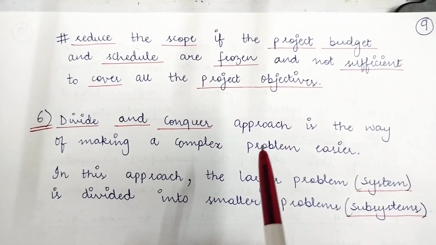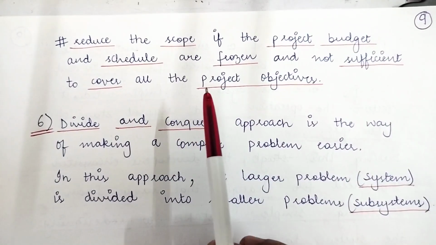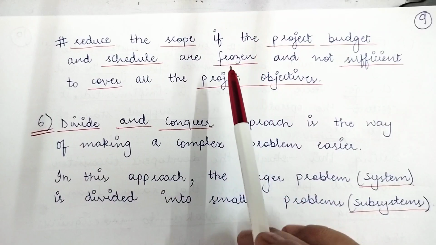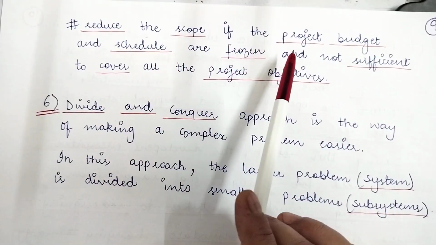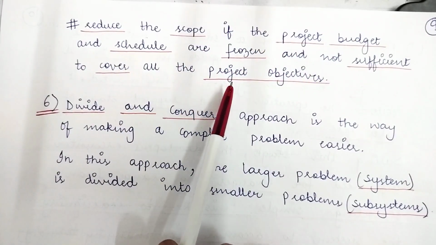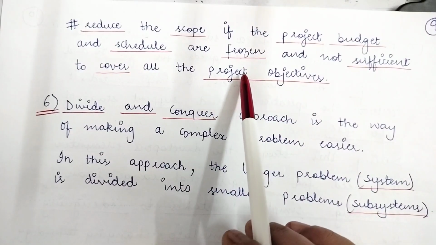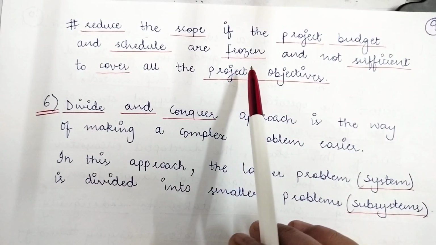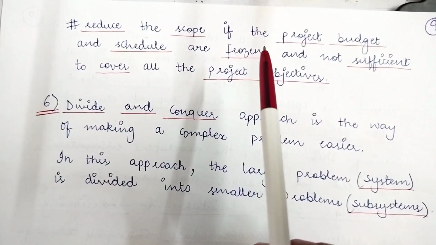Then after that, at each checkpoint, the developer should also consider this particular option, that he should reduce the scope if project budget and schedule are frozen and not sufficient to cover all the project objectives, right? Sometimes the cost and time are frozen. Frozen means the client is stuck on the fact that he cannot invest more money and time